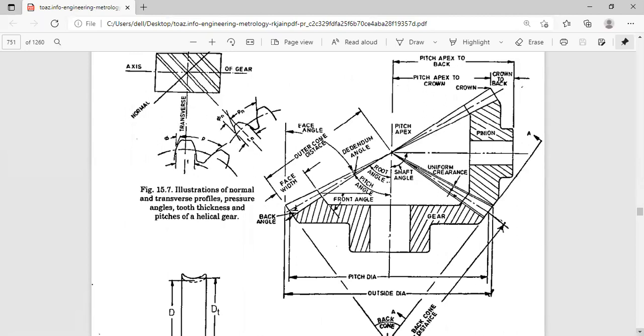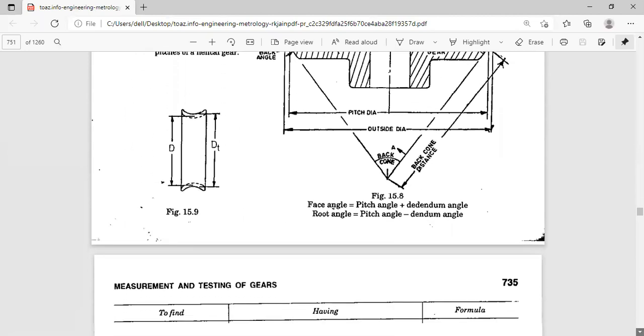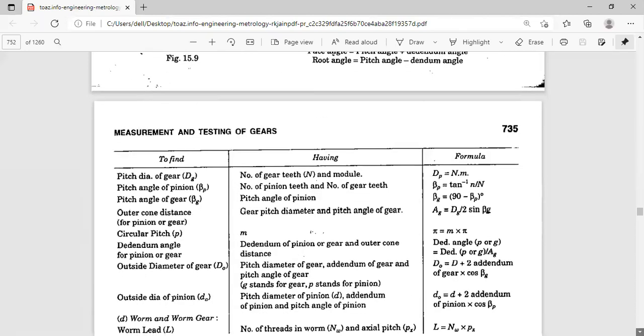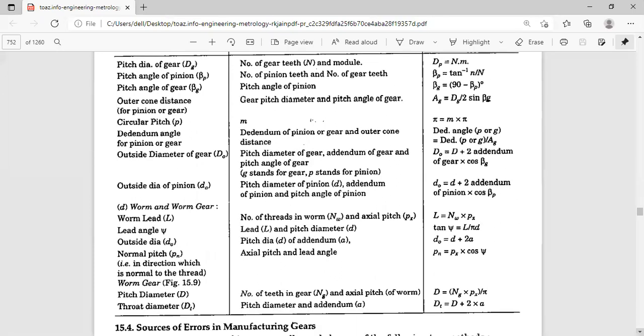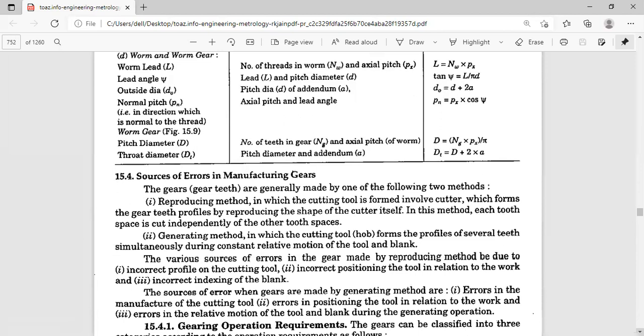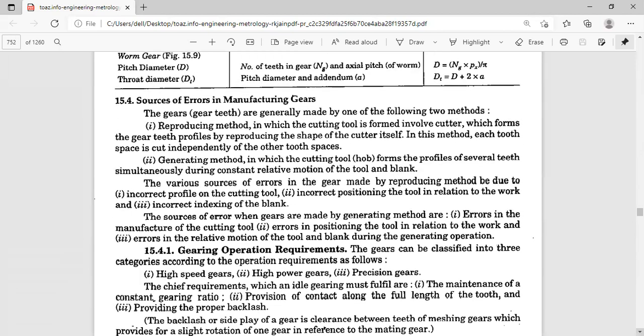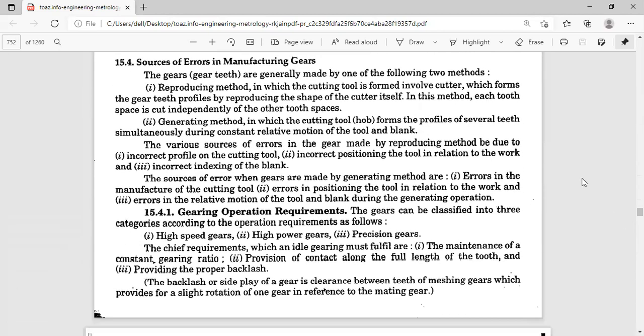So I'll just try to skip this particular slide or this particular topic as of now, for the bevel gear, the helical gear, and the worm and worm gear. For the last 20 minutes, we'll just try to discuss this. If any revision is required as far as the GATE terminology, we'll just try to see.